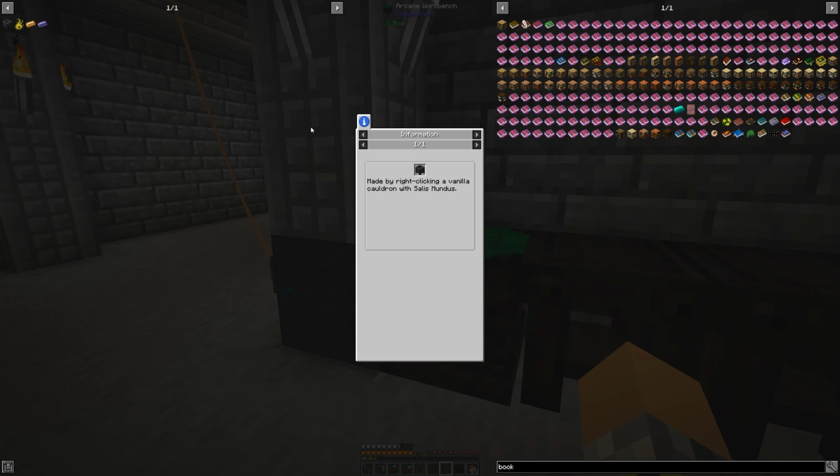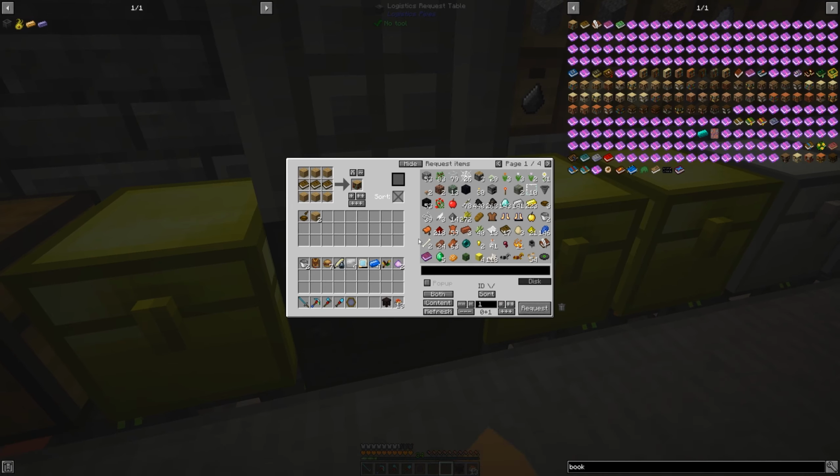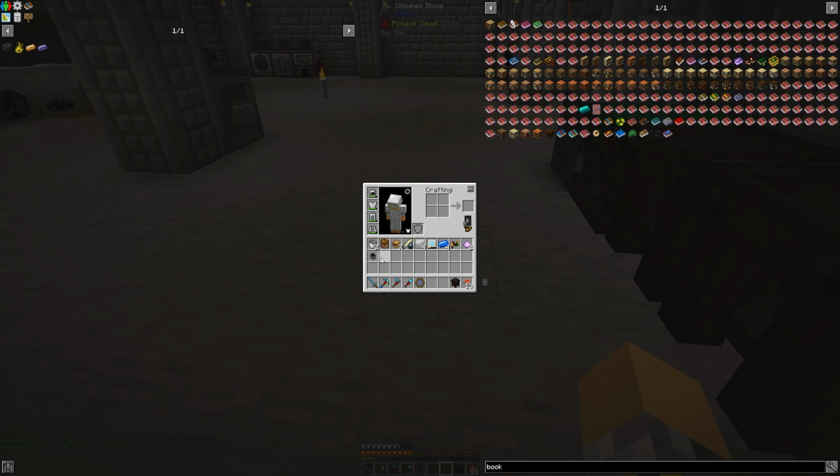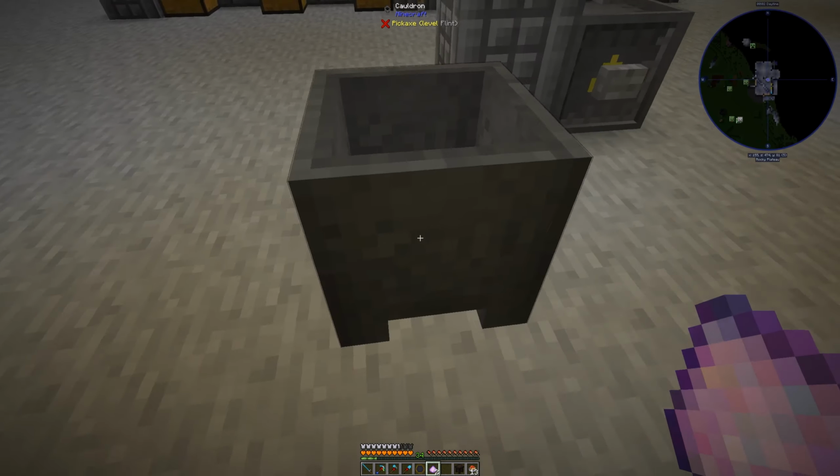Okay. Interesting. Right, what do we need to craft all this stuff? Made by right-clicking a vanilla cauldron with Salis Mundus. Okay. If we get some items. No? Oh, that would help if I actually click the item instead of just assuming it was selected. Get ourselves a crucible. Click this guy with some Salis Mundus. See, yeah, it's...